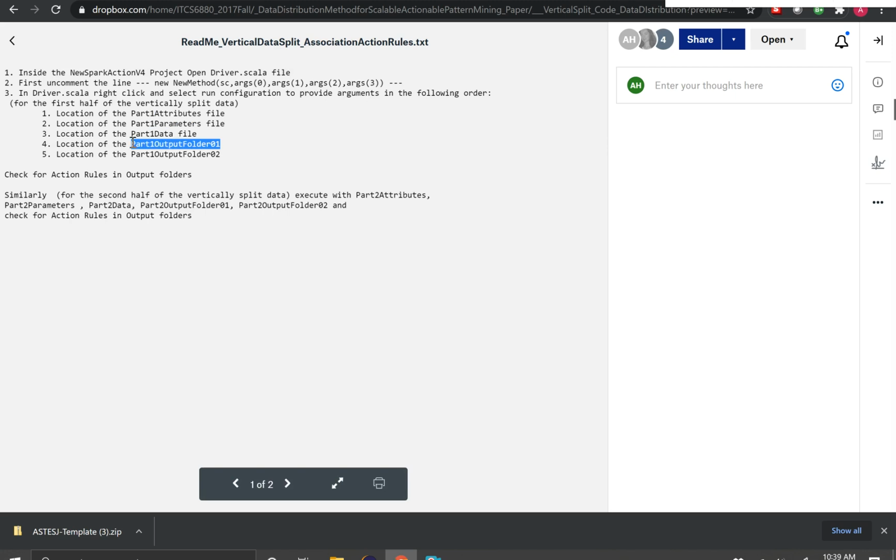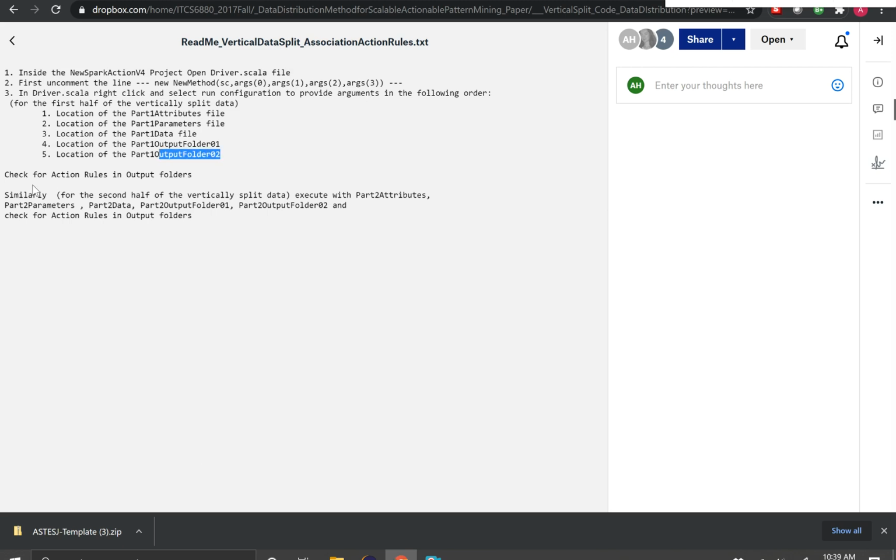Once we give the name, the folder gets generated when the code executes. The fifth argument that needs to be passed, we need to create this output folder wherever we want to save it.